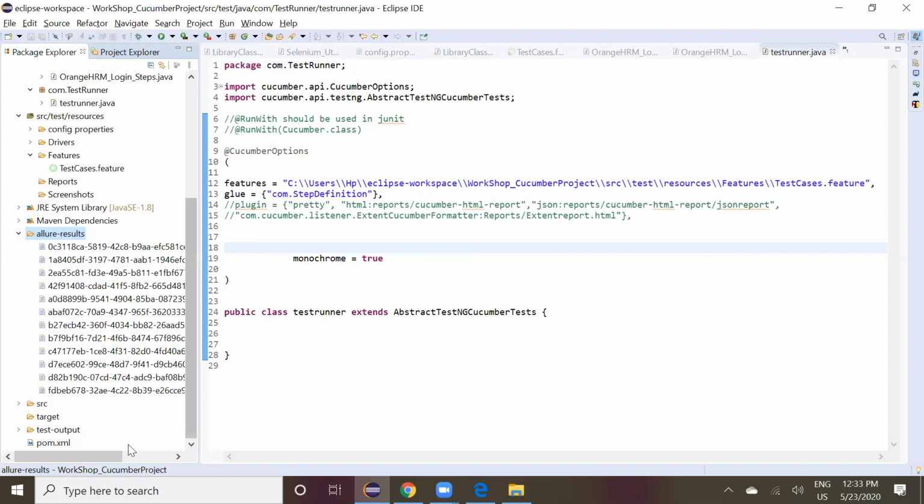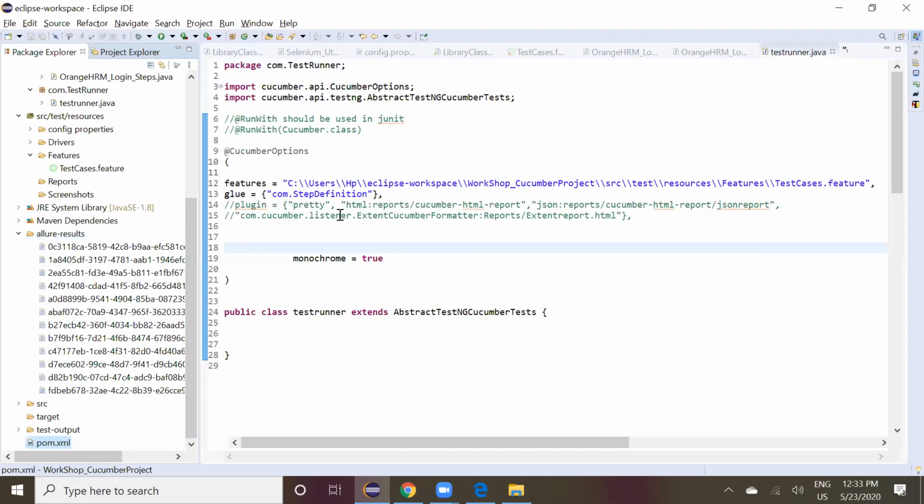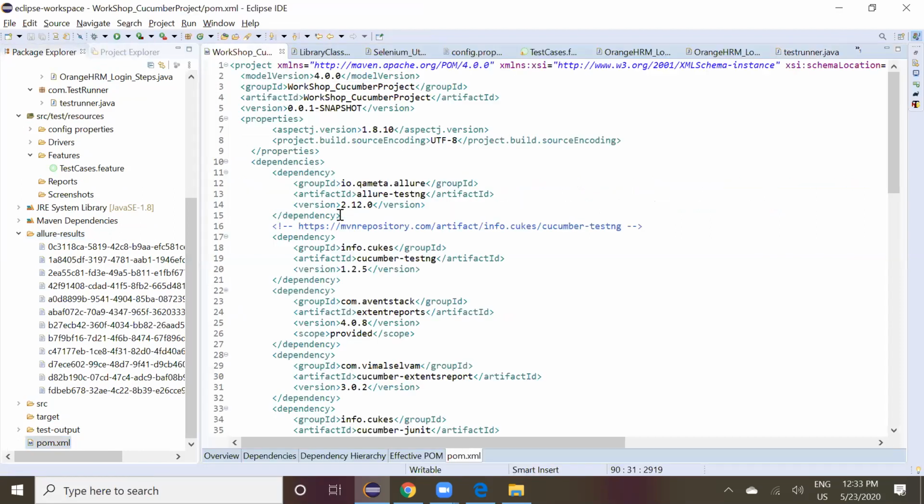Sir, if I'm not wrong, please correct me. When we have already added it in the POM, it's supposed to be picked from the repository. Yes, it's taking from the repository. The jars have already been added, so when you run, it's calling the methods from the jars. But before that, there is a prerequisite: for the Allure report, we need to download it and run those commands and check. Those are all prerequisites we should do. Yes, what you told is correct.